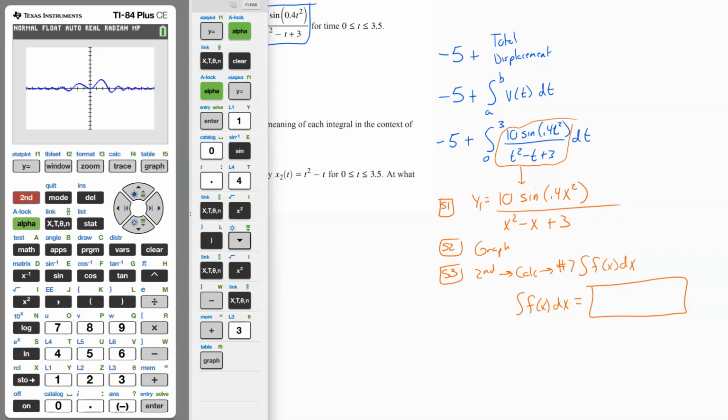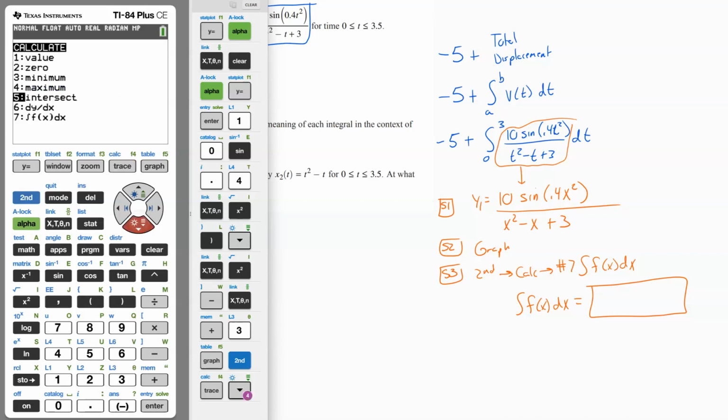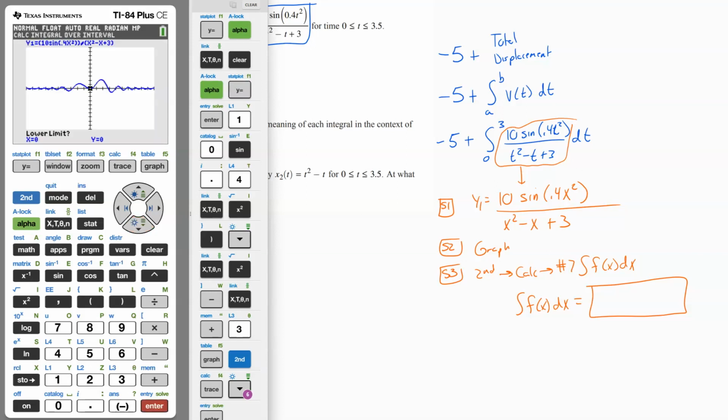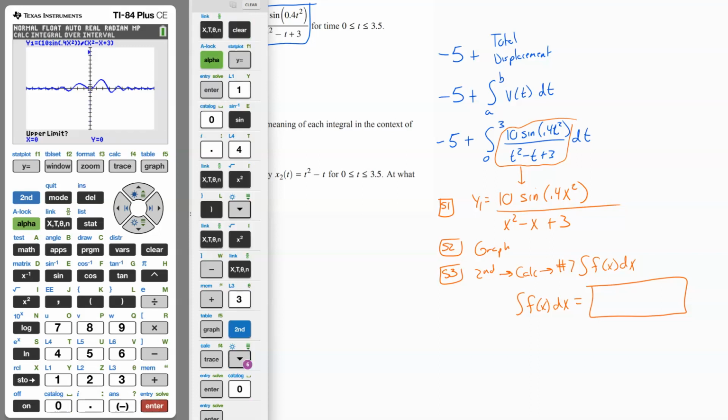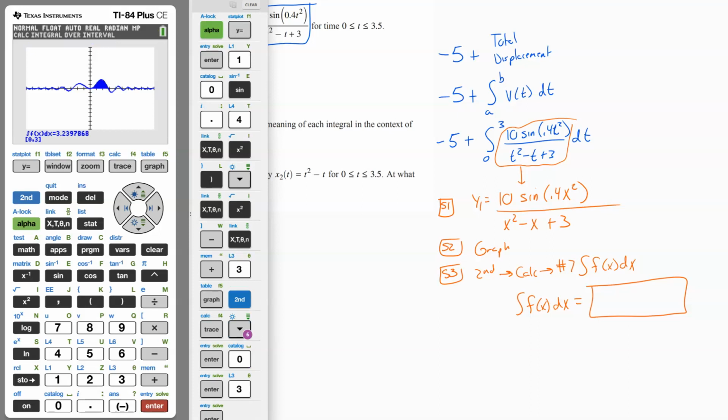And now we're going to do a second. We'll choose the calc menu, which is the button above trace at the very top. And then inside there, we're going to see that number 7 option, integral of f of x dx. I hit enter on that. And at the bottom of the screen, it's going to ask me a couple of questions. The first question says, what's the lower limit? That's our lower bound, which in this situation would be 0. So I type in 0, hit enter. It's now going to ask me for the upper limit, which is our upper bound, so that would be 3. So I type in 3 and hit enter. It shades it in, and then at the bottom of the screen, that is my answer. It says integral of f of x dx equals